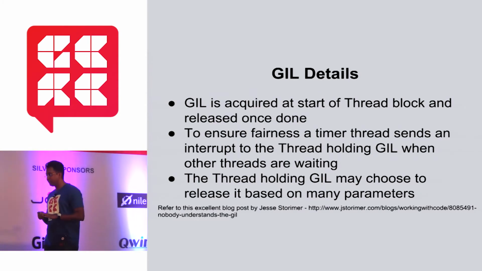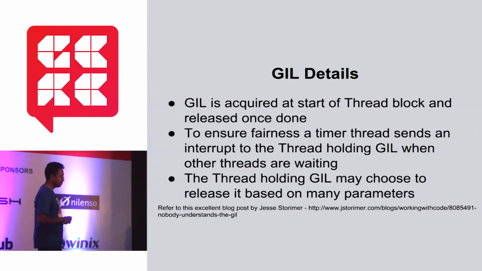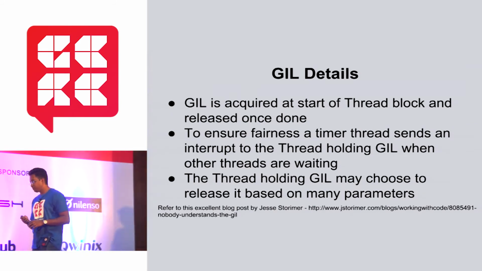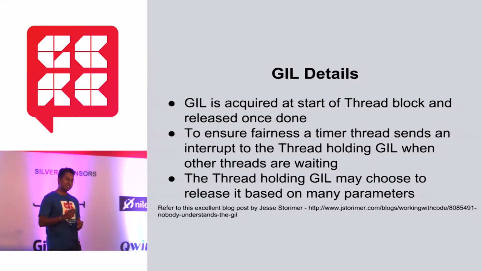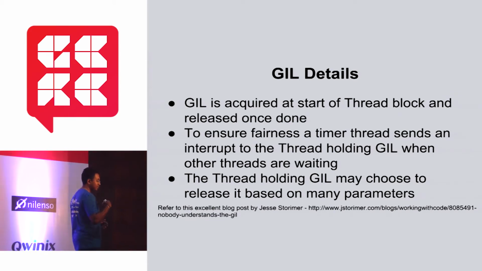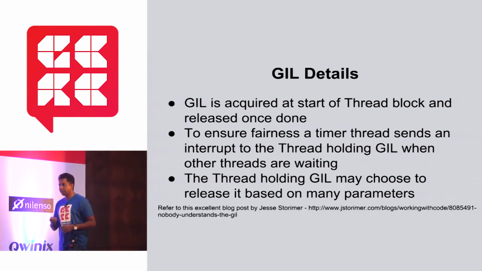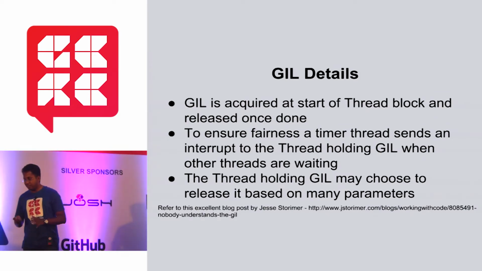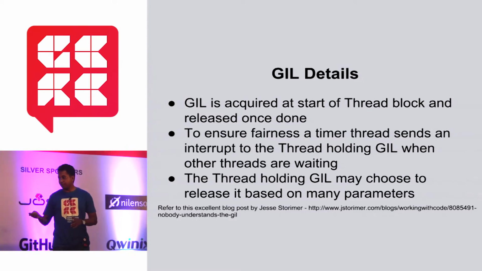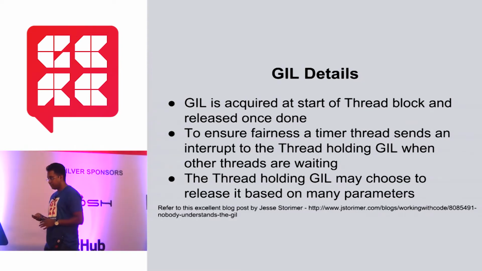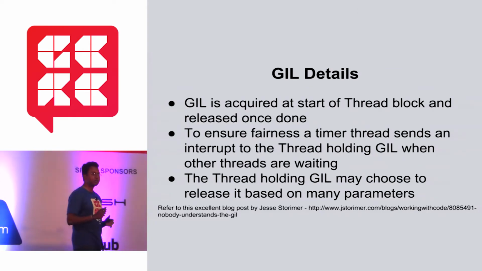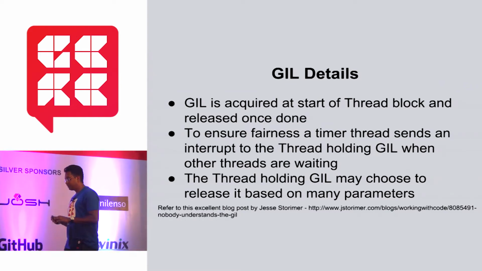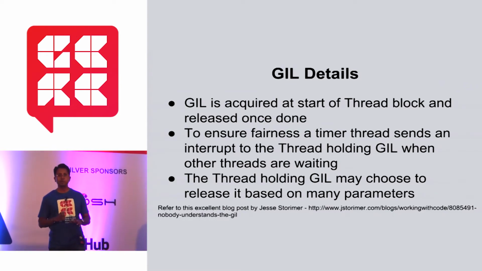I don't want to go into the details. I think people here who know C a lot better than me and are deep C divers can probably tell you at what point the GIL can get released, or if a C code makes a call to Ruby code, can it or can it not release the GIL? All those things are there, right? So all these complexities are really, really hard to deal with. I came across this blog by Jesse Storimer. It's excellent, and I strongly encourage you to go through the 2-part blog about how nobody understands GIL. It's really, really important if you're trying to do any sort of multi-threaded programming in Ruby.